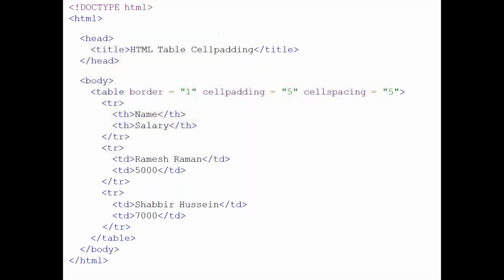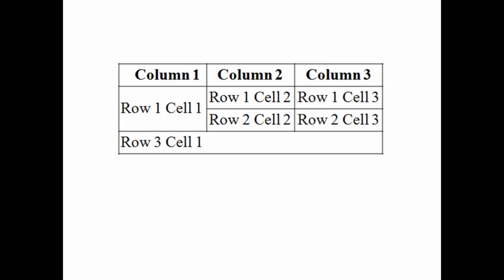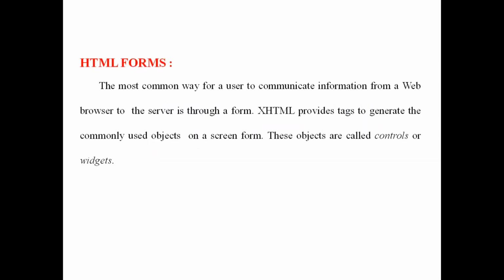After that, the next one, this is an example. The next concept is the HTML form. So how to create an HTML form, what is the use of an HTML form, and what are the properties we use in an HTML form. For example, if you have created one website or web page for login or registration, student registration form, login form, any form you created in HTML, what is the use of the HTML form? That creates the communication between the browser and server.